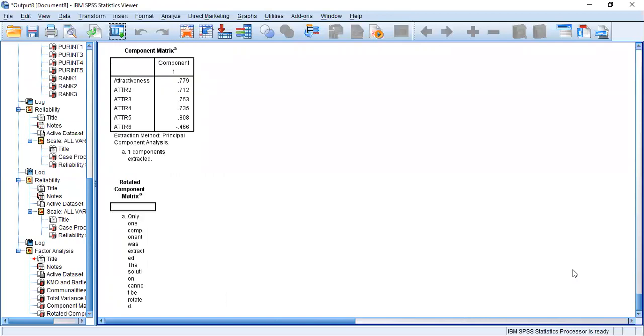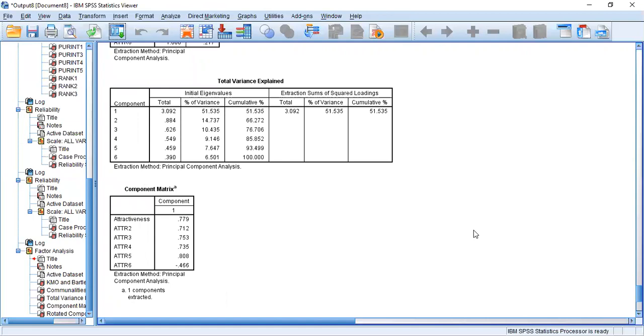So that indicates your component matrix. And in the total variance explained, 51% of your attractiveness variable is explained by these 6 items.